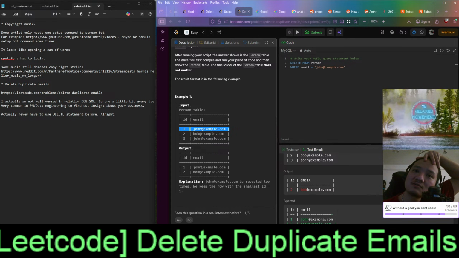So somehow we gotta say that, okay, delete all the ones having count of email greater than 1, and then keep the smallest id. Okay.